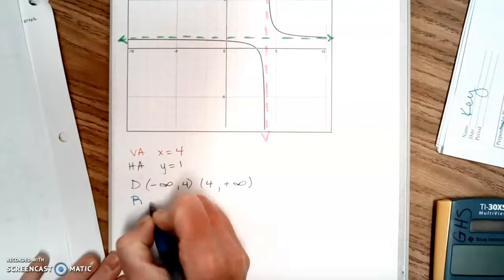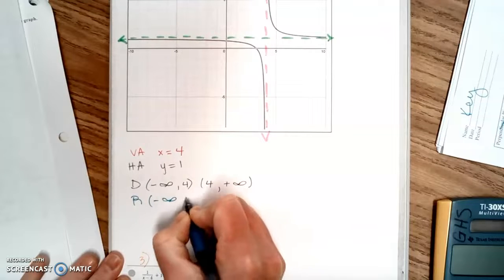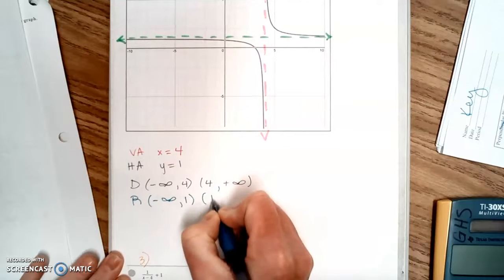The range is going to go from negative infinity up to positive 1, but not touch it, and then start on the other side of 1 and go